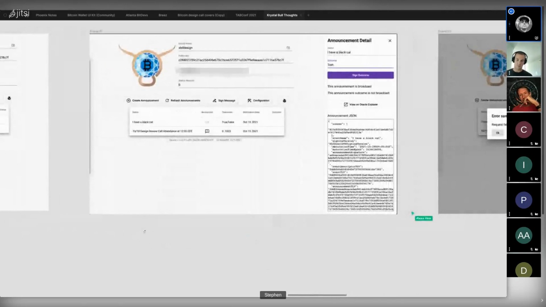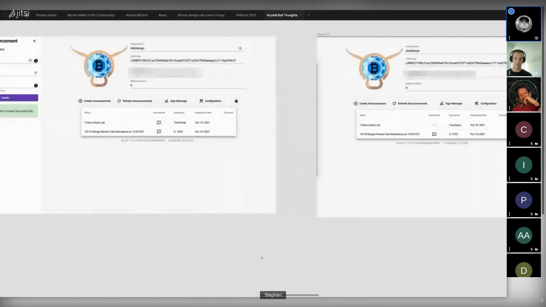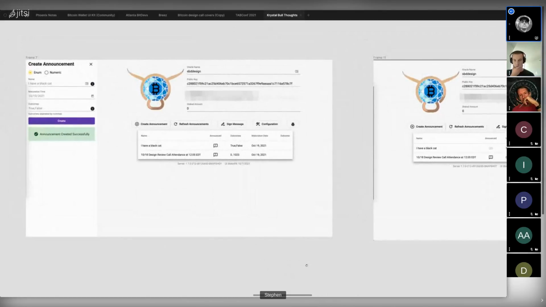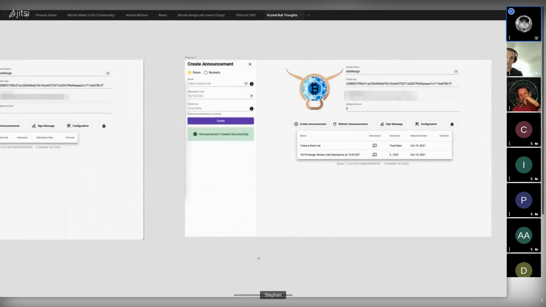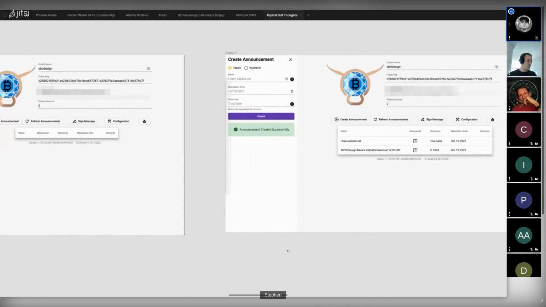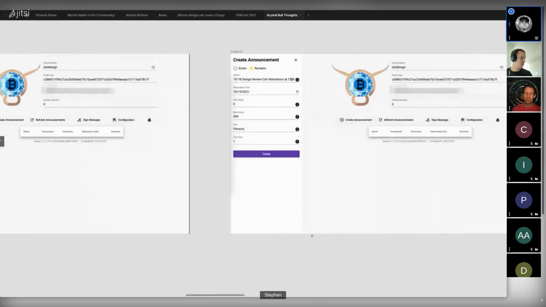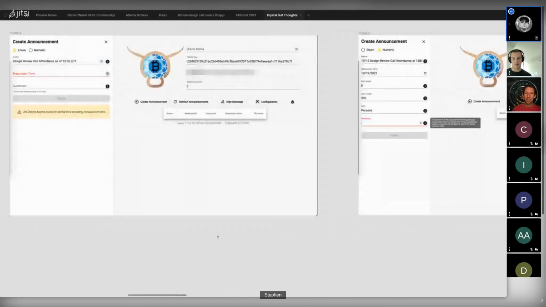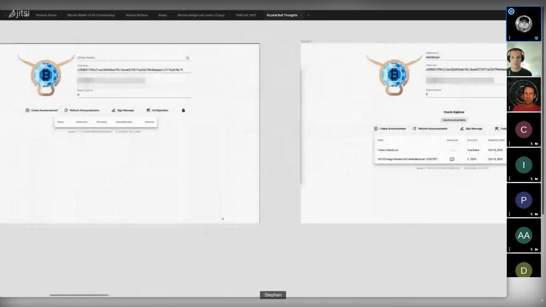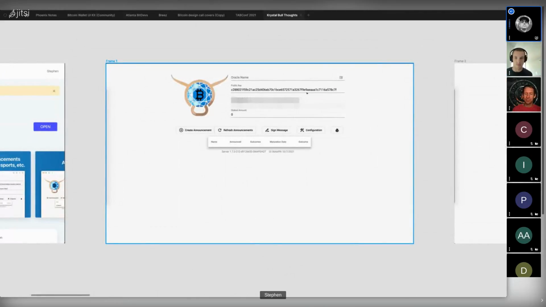I was able to figure it out, and props to you and your team for coming up with something I thought was fairly simple. But I'm trying to hedge that with the fact that I knew a little bit about DLCs going into this. I think a first-time user could use some hand-holding at certain points. When you get to the screen, something to draw their eye to the Oracle name, and then, okay, now create your first